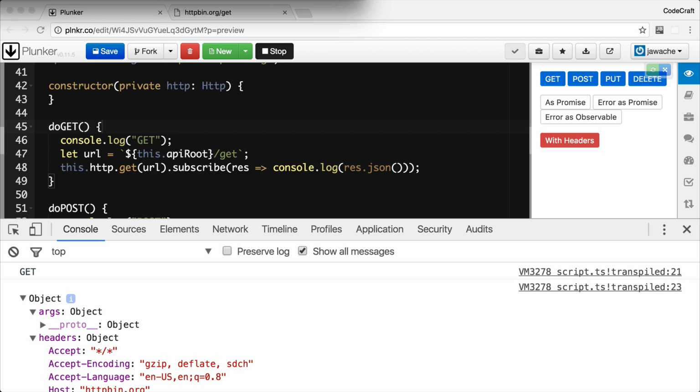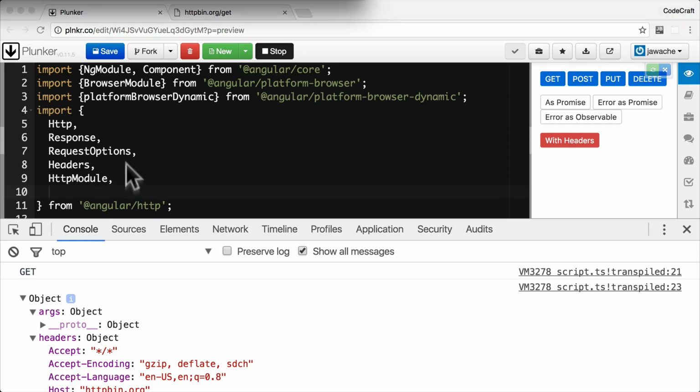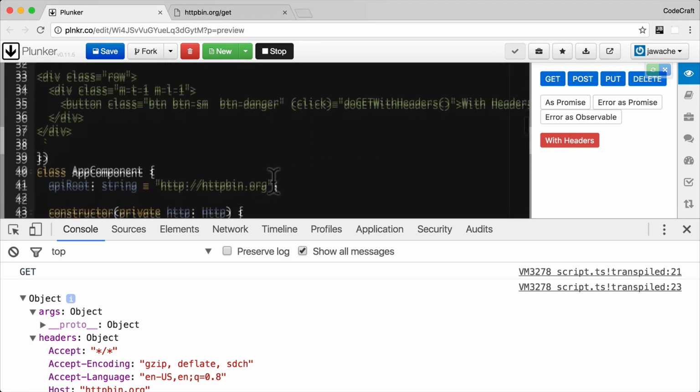We can also pass to the GET function a set of optional query parameters as the second argument. Now we can just pass as that second parameter something that looks like an object. But to help in creating our query parameters object, we can use a helper class called URLSearchParams. Now we need to include that first in our imports. And then in the doGet function,